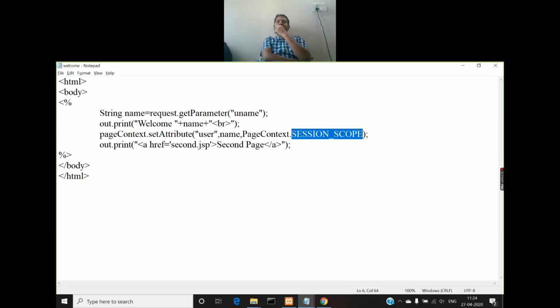Always use an underscore after every word in the name of the variable. For example, for request scope you have the name REQUEST_SCOPE. For page scope, you have PAGE_SCOPE, for session scope, SESSION_SCOPE, and for application scope, APPLICATION_SCOPE. So in this scenario, I want to create a scope for a session, so I have to use this variable called SESSION_SCOPE.